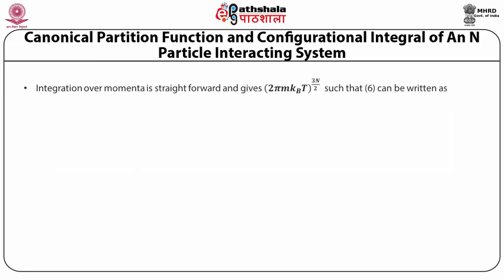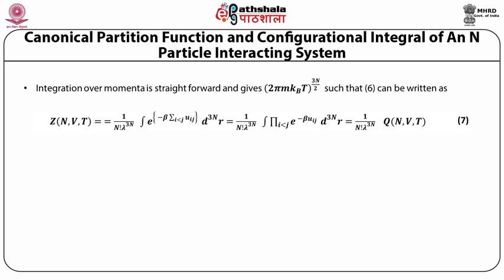Integration over momenta is straightforward and gives 2 pi m k_B T raised to power 3n by 2, such that (6) can be written as Z as a function of N, V and T is equal to 1 upon n factorial lambda raised to power 3n integral of e raised to power minus beta summation over i less than j u_ij d3nr is equal to 1 upon n factorial lambda raised to power 3n integral over product over i less than j e raised to power minus beta u_ij d3nr is equal to 1 upon n factorial lambda raised to power 3n